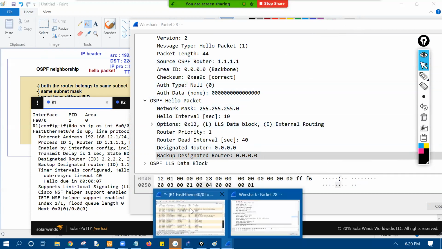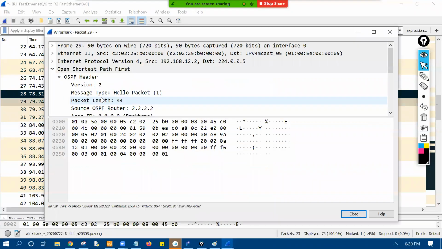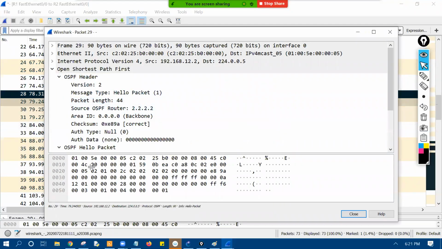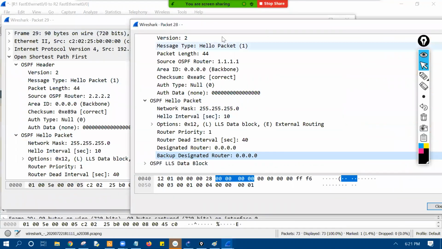So this is the first OSPF hello packet, right? This is the first OSPF hello packet that I have matched. Let me mark this portion. Then R2, this is the first hello packet that R1 is sending. They will move in the down state. Then R2 has sent the hello packet. The same information will be there. If you see, the OSPF source router will be changed over there. If you just compare this capture to this capture,